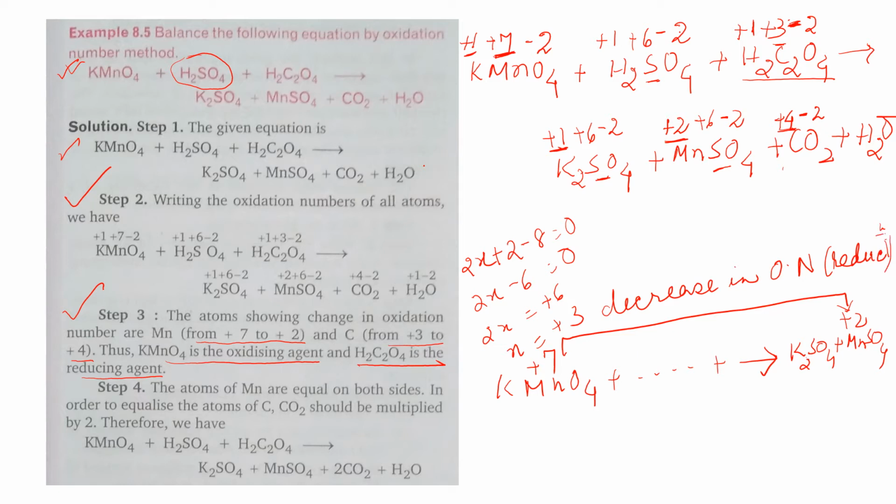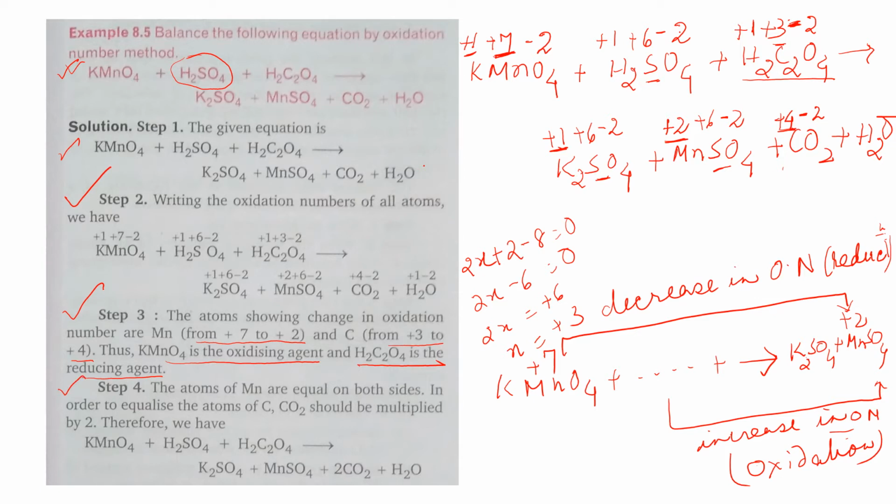And similarly you will write it like this: increase in oxidation number, that is for carbon, and it is oxidation. These two things you will write in your notebook. Try to write it in one line only, with this bracket type of thing from here to here, from carbon.